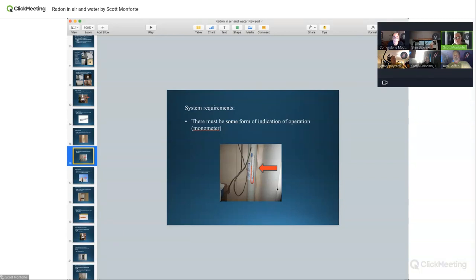There should be a sticker on there when it was made active. I always put on there that I did the fan, but I didn't do the initial installation. I just did the fan and let them know fan installation on such and such date. But the pipes should all be labeled. If you go there and you find out the system's not working,